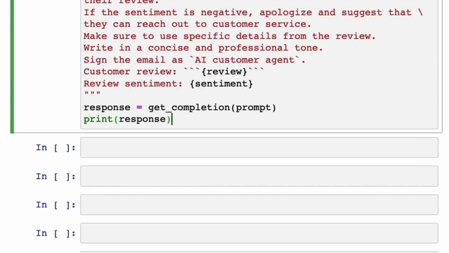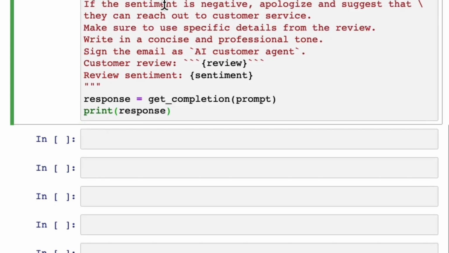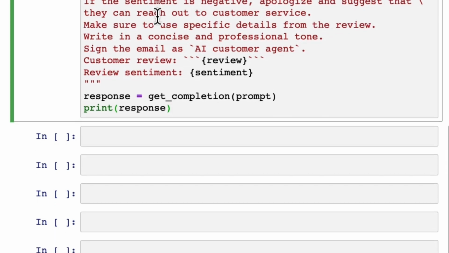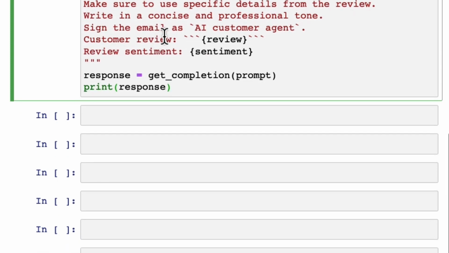Now we're going to customize the reply based on the sentiment. Here the instruction is, you are a customer service AI assistant. Your task is to send an email reply to a valued customer. Given the customer email delimited by 3 backticks, generate a reply to thank the customer for their review. If the sentiment is positive or neutral, thank them for their review. If the sentiment is negative, apologize and suggest that they can reach out to customer service. Make sure to use specific details from the review, write in a concise and professional tone, and sign the email